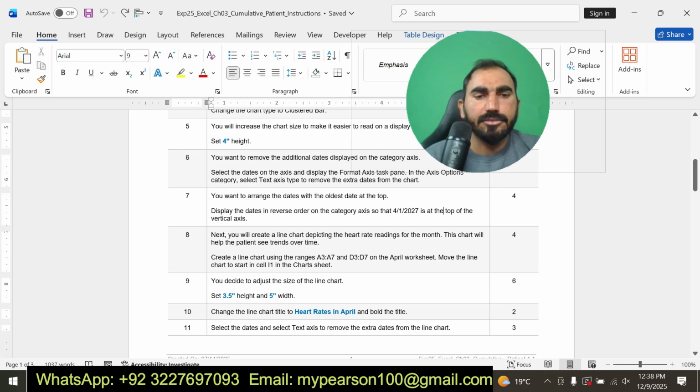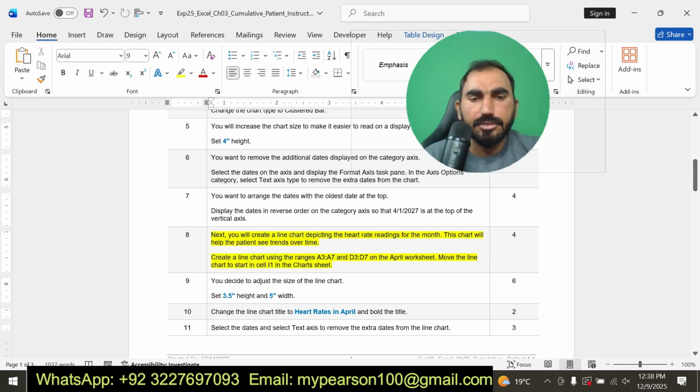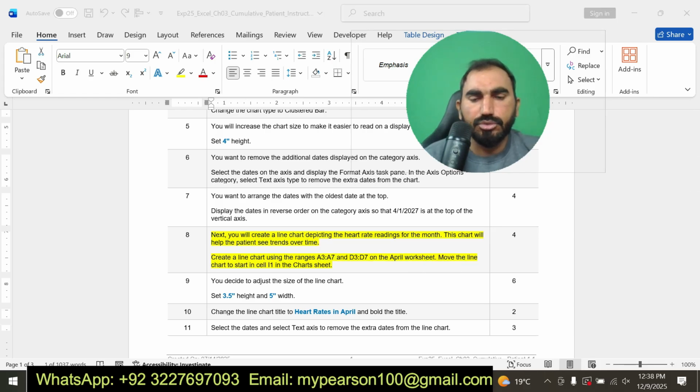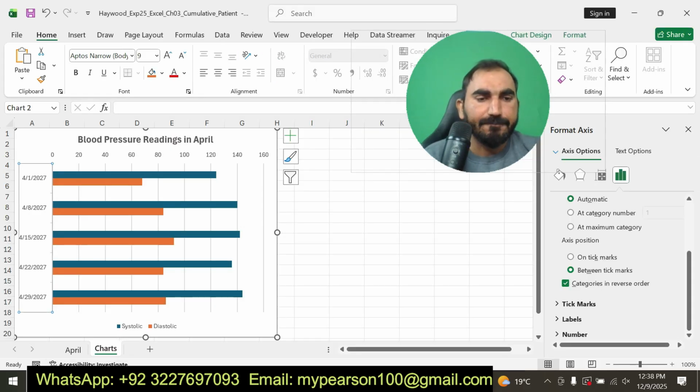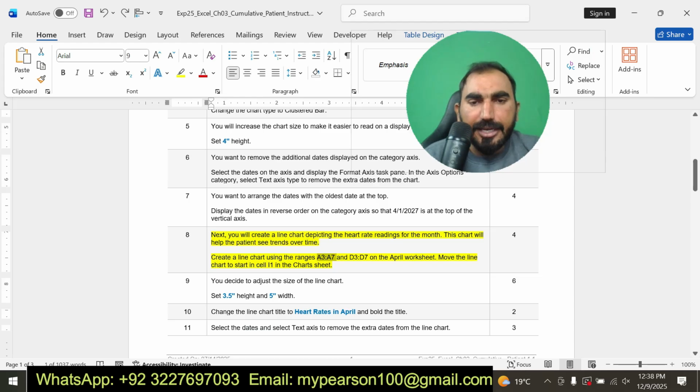It says create a line chart using the ranges A3 to A7 and D3 to D7 on the April worksheet. Create a line chart using the ranges A3 to A7. I am going to insert a line chart by selecting the ranges A3 to A7 and D3 to D7.